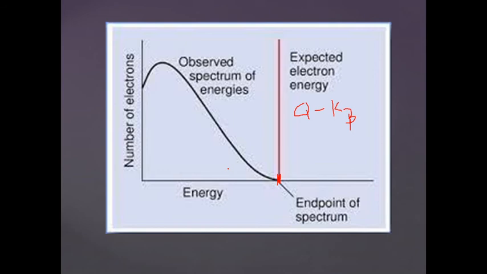Now it cannot be some other particle, because if you have some other particle, then the mass will come into play. The lightest neutral particle known is the photon, that is gamma rays. If gamma ray is carrying the remaining energy, there is experimental evidence through the calorimetric experiment, where you put the sample in water, and when the beta emission takes place, the temperature of the water increases, and by that you come to know whether the photons are emitting energy or not. But there was no change in temperature of water, and there was no trace of detection of gamma rays even through scintillation counters. The gamma rays carrying the missing energy was ruled out.